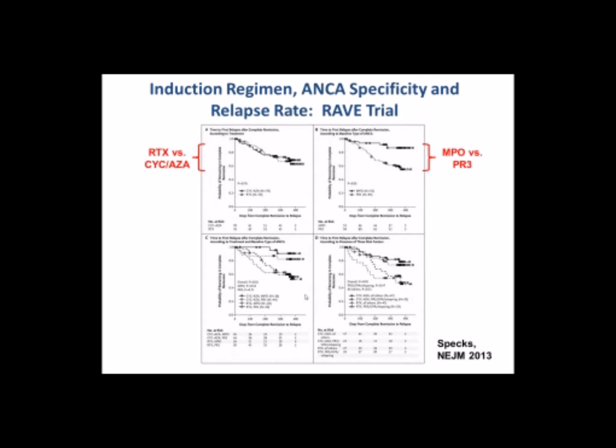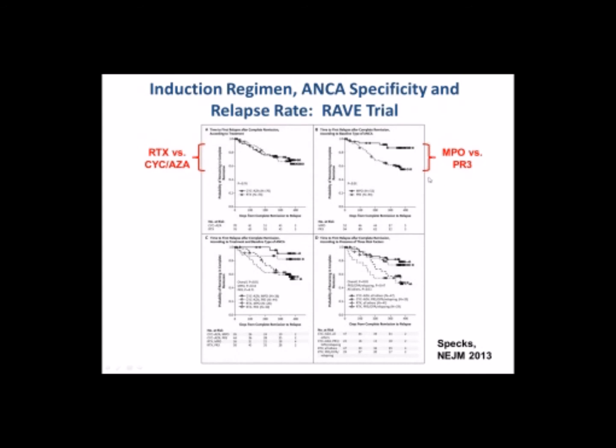Okay, so this is follow-up of what we call the RAVE trial, the Rituximab and ANCA-associated vasculitis trial, which showed that it was the same as cyclophosphamide. All this means is who's remaining in remission. So 40% of patients are flaring at some point, many of them mild flares, but some severe. And it didn't differ in the two groups. One group got one course of treatment with rituximab, another got cyclophosphamide followed by azathioprine, and they did the same. So that's why it was published in the New England Journal.